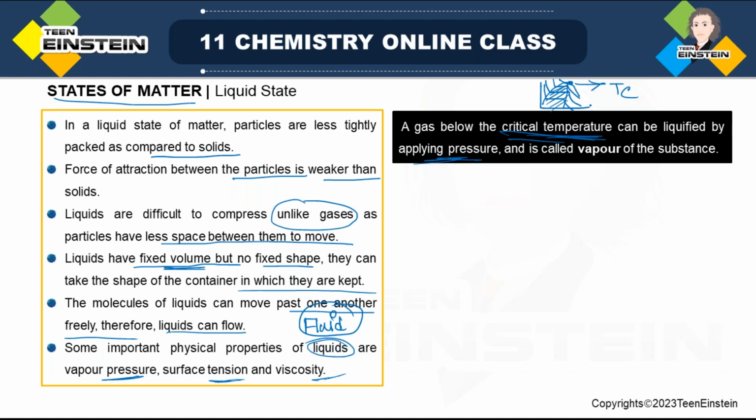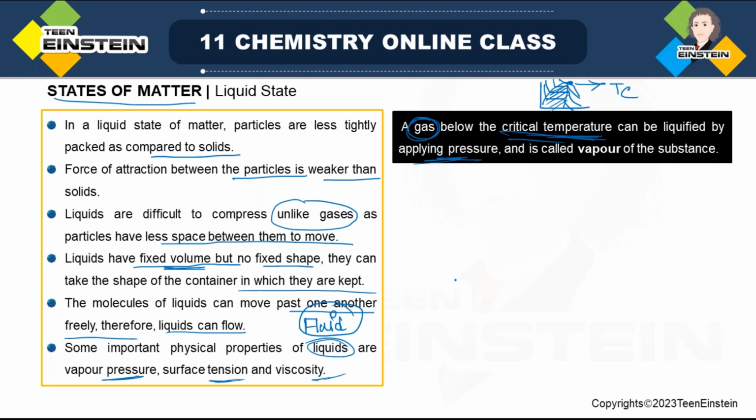So in terms of critical temperature, what is the difference between gas and vapor? Below critical temperature, when it can be liquefied, it is called vapor. But once it crosses the value of TC, you cannot liquefy it, and then you have to call it only gas. Or in other words, without critical temperature, in general, if you ask what the difference is,